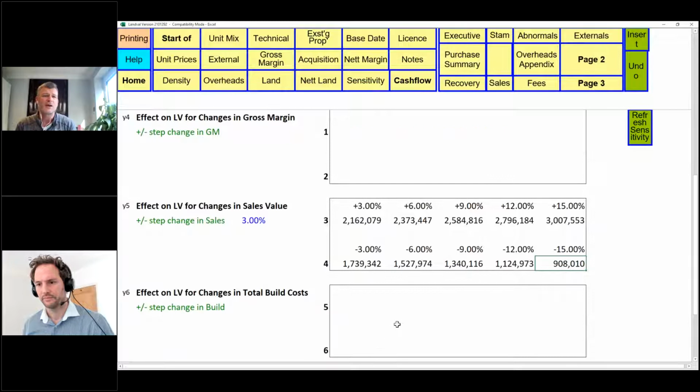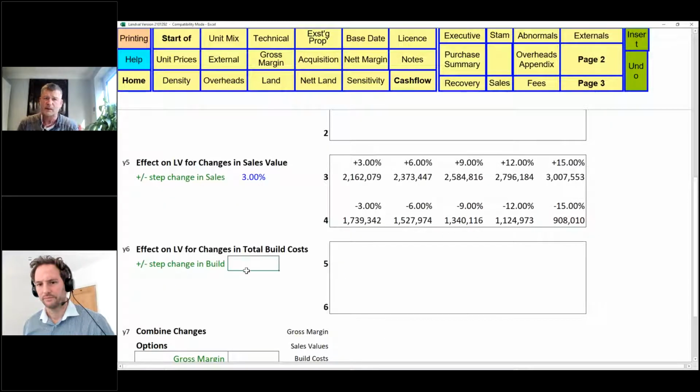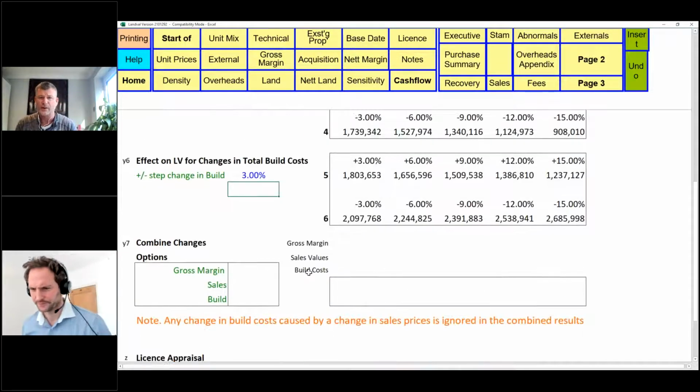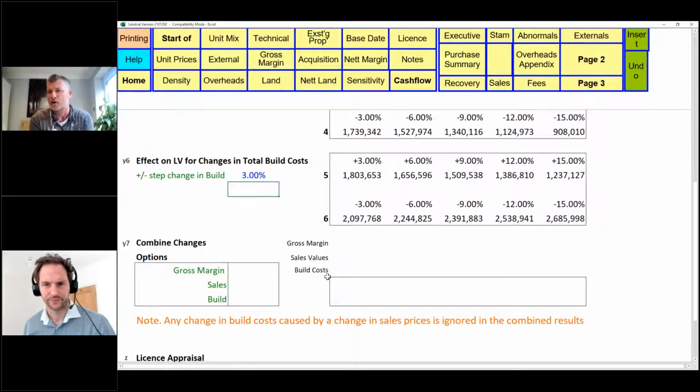And you can really scare yourself and see if build costs increase as well. You can see a combination of those, and you can then bring those two into a little report. Okay, so there you go. That'd be quite a doomsday report, wouldn't it? Well, it's just a view. I'm always the optimist, but it's nice to view what would happen and whether you can carry that risk, and that would then argue what our gross margin should be.